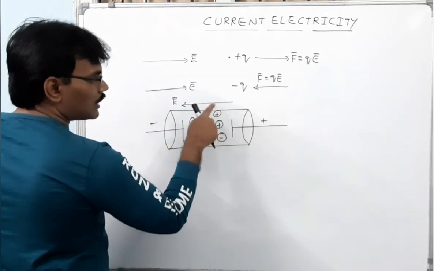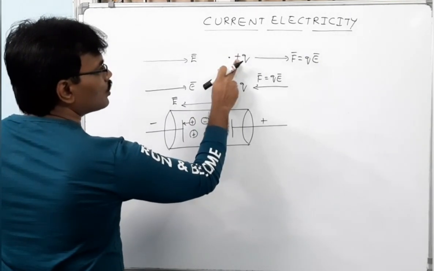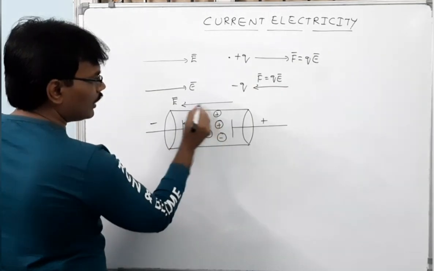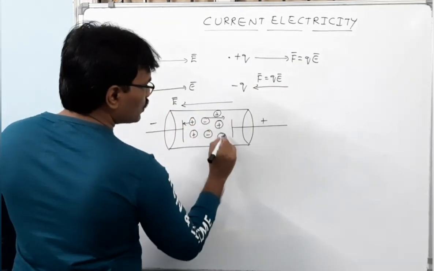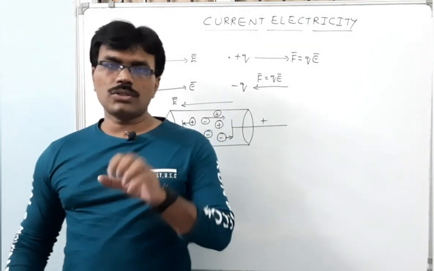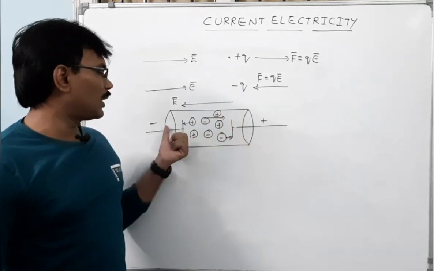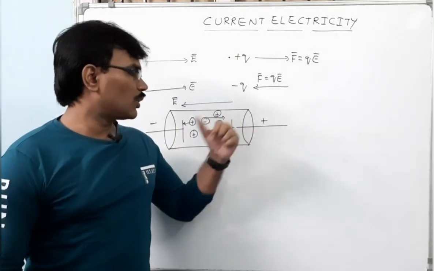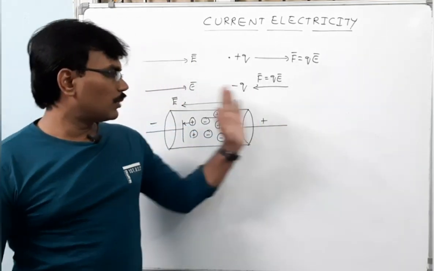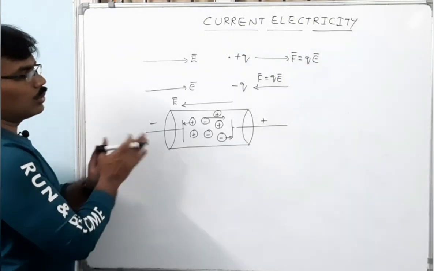Due to this applied electric field, positive charges will move in the direction of the electric field, as we have just seen, since for a positive charge the force is in the direction of the field. But electrons will move opposite to the direction of the electric field. So that is the movement of charge carriers whenever we apply an electric field. Positive charges move from the positive terminal to the negative terminal, from high potential to low potential, whereas negative charges, the electrons, move from the negative terminal to the positive terminal, from low potential to high potential. But what about the direction of current for both the negative and the positive charges?